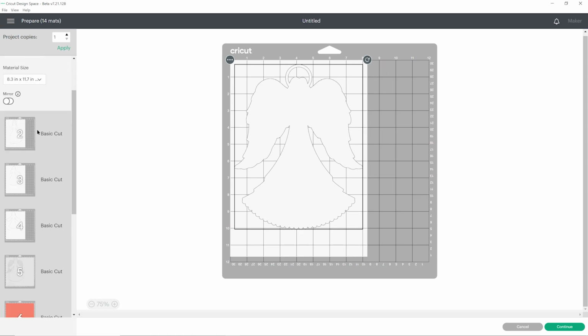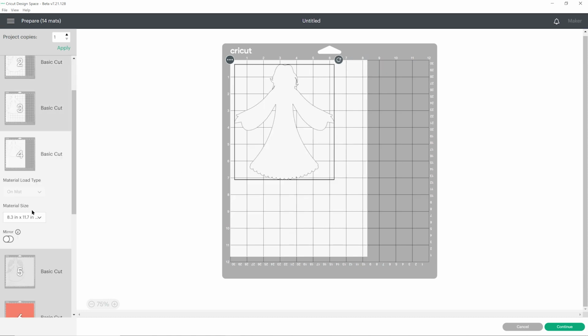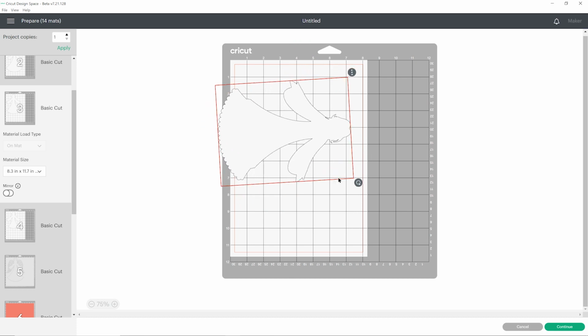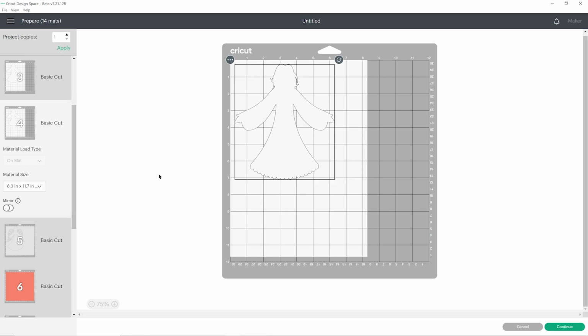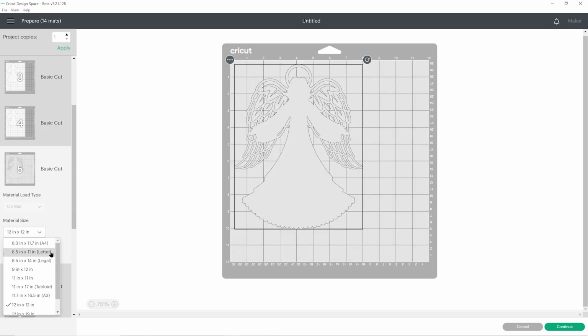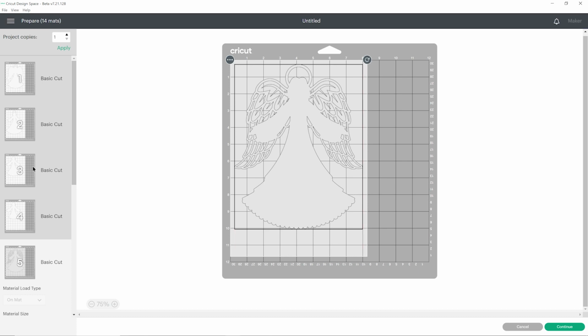There we go. So you can see all of the different sheets of white that I'll need. And you can try moving things around to get them to fit more than one on a sheet. But I think that's actually too big for me to rotate, so I will need to use 4 sheets. You need to change the paper size for every single colour. And then when you're happy with how it's all looking, go ahead and press continue to connect to your Cricut machine. Get everything cut out from cardstock, and then I'll show you how to stick our beautiful angel together.